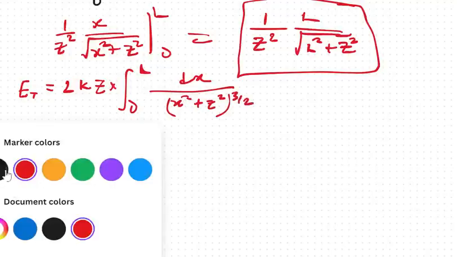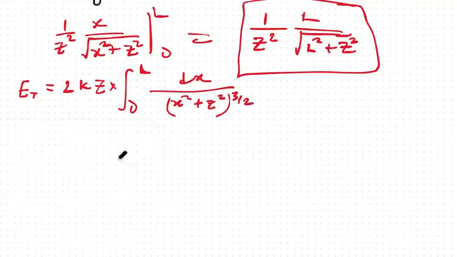But we've gotten this integration to be this expression. So if we decide to substitute, we can say that our electric field will be equal to 2kz lambda,